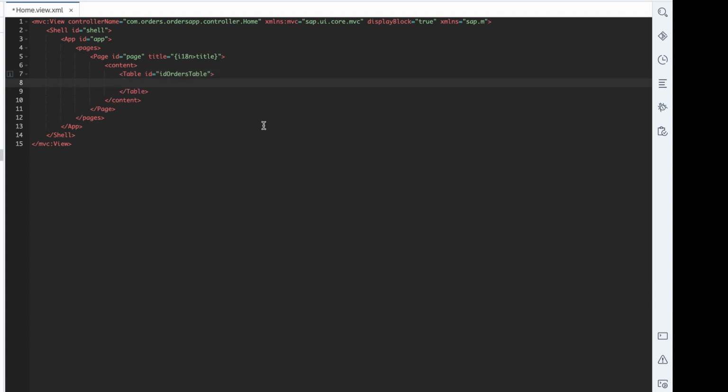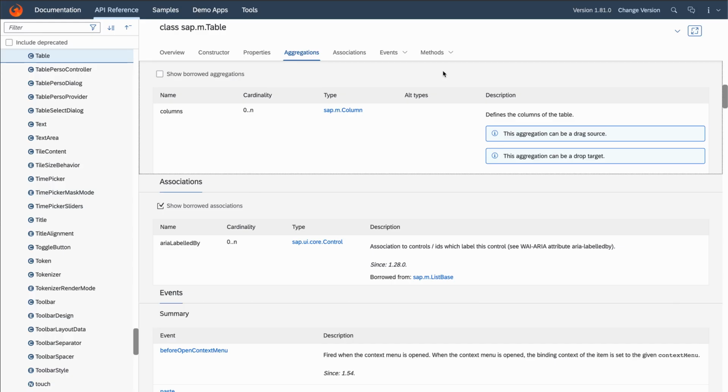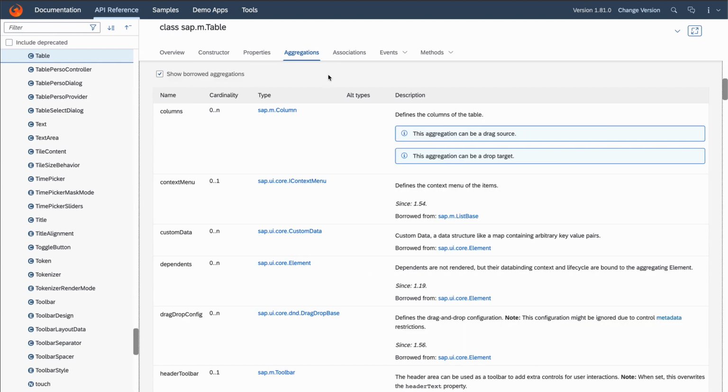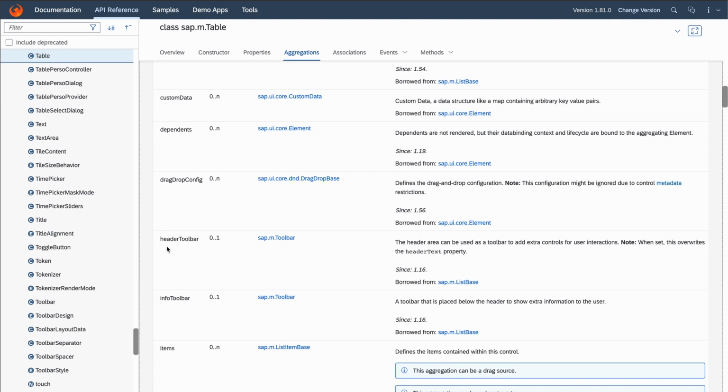So the next step is to check what are the possible child controls we can put inside our table. So we'll now go to our SAPUI5 SDK. So we're now in the sap.m table. As you can see, there's an aggregation for columns, which later on will be used for our sales order items. We can actually check the show borrowed aggregation to show more aggregations that are inherited from the parent class. As you can see, there are several aggregations you can use, but we are especially interested in the header